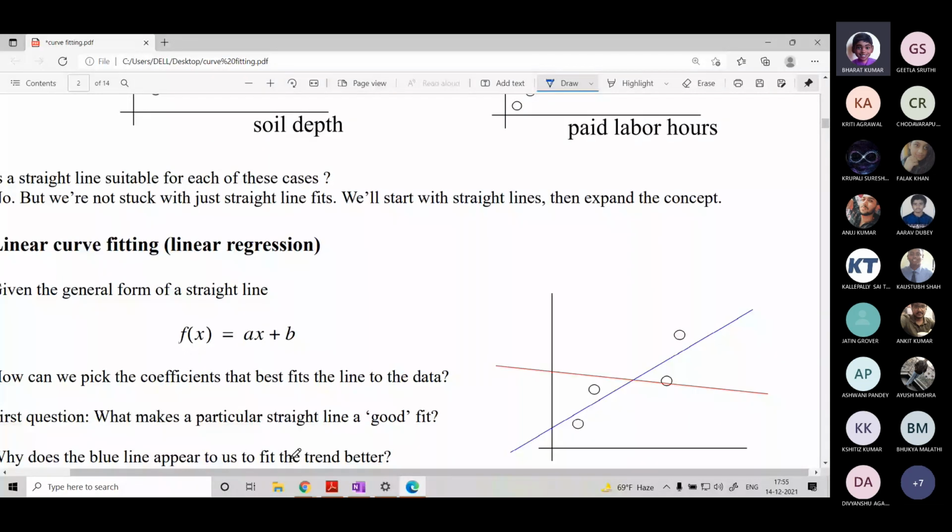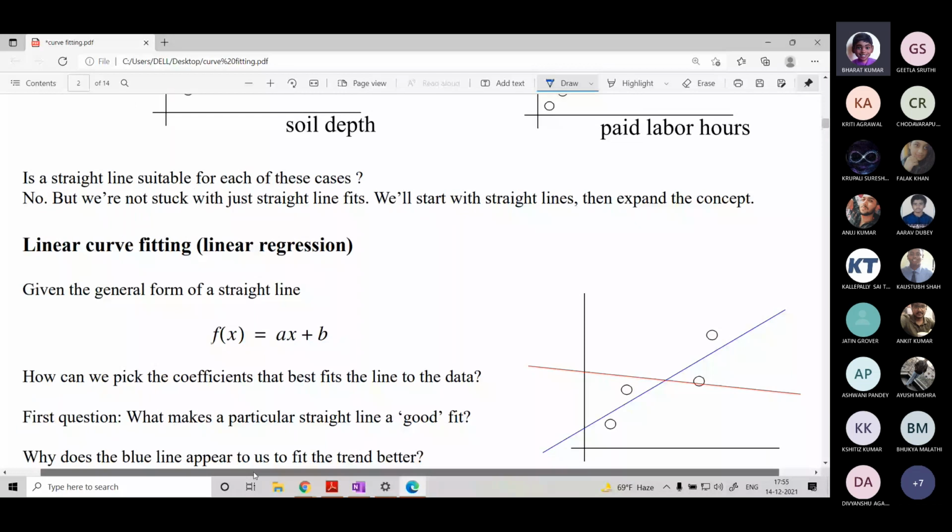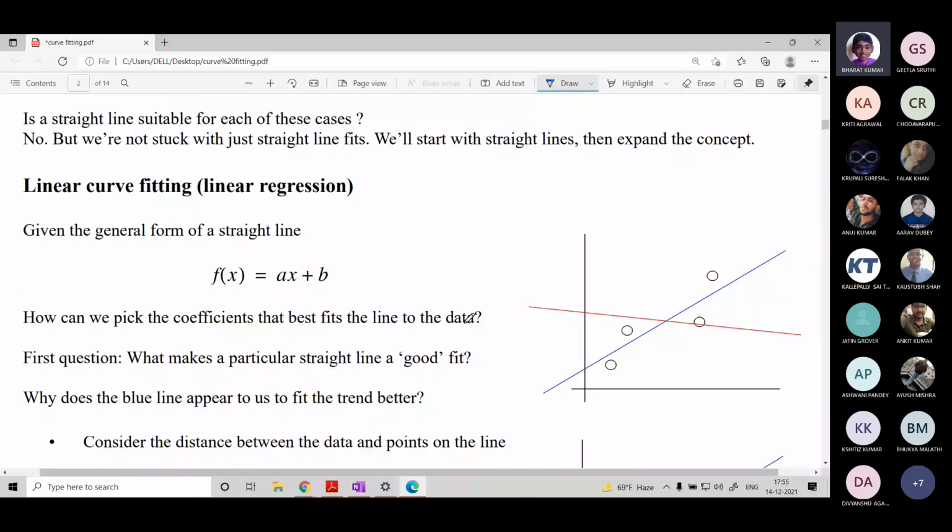So this is the idea, the main idea. It is up to you what kind of curve you want to fit. Then once the type is decided, you want to pinpoint what particular curve of that type will fit the data. Okay, so that is what you are going to do. Now for that you will have to accumulate the error. Now how will you accumulate the error?